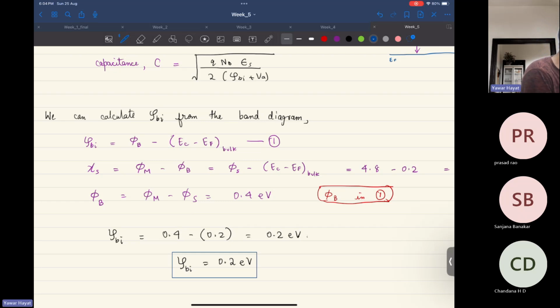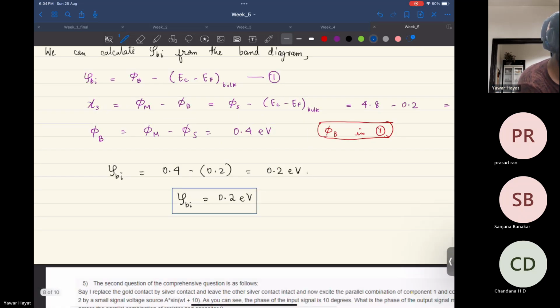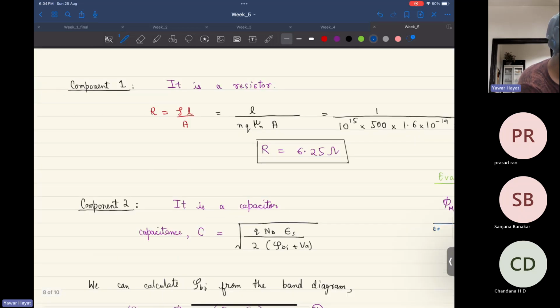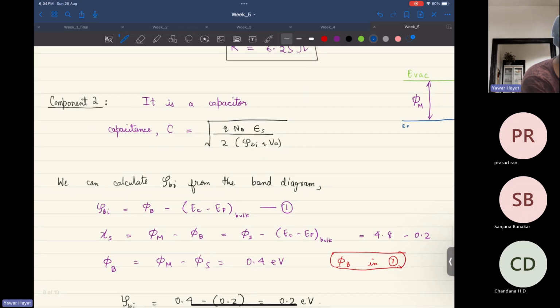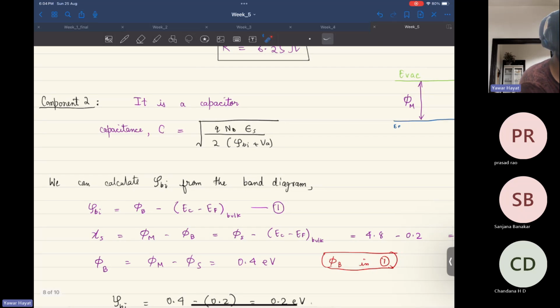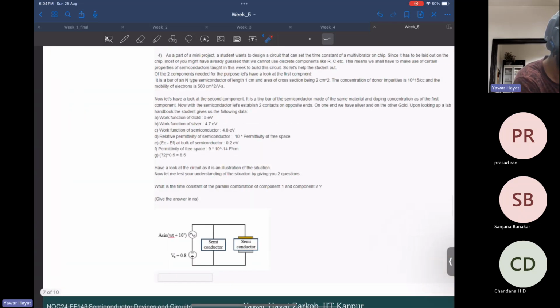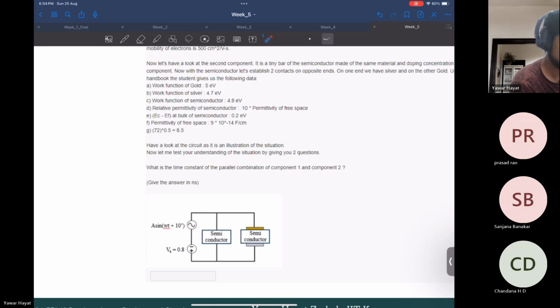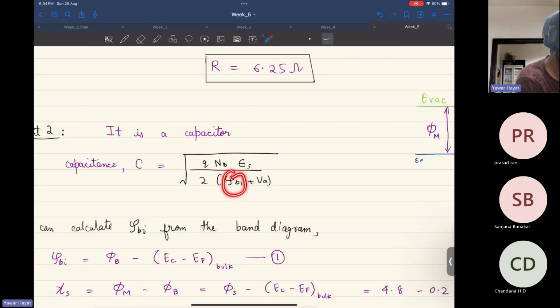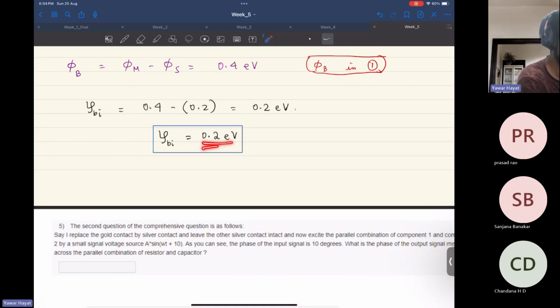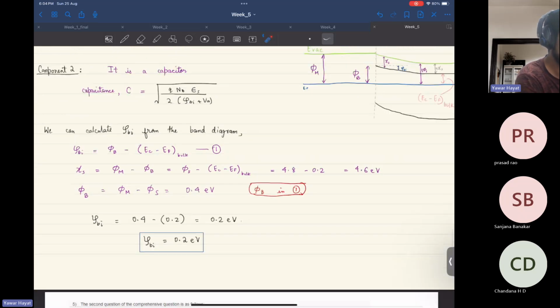What else now? Now we'll put this into the capacitance equation, right? Into this equation. See, I needed this one. I know this, right? What is VA? Do we have info about VA? We have, right? It's 0.8. What about this 5BI now? This is 0.2, right? If you put these values into this equation,